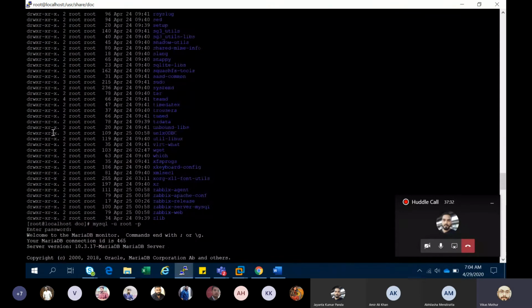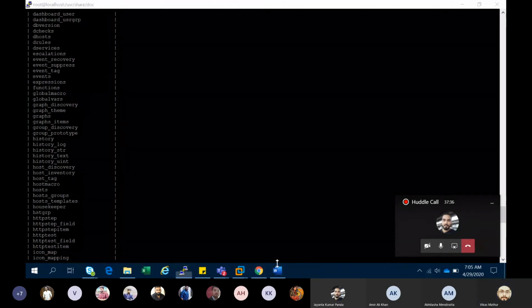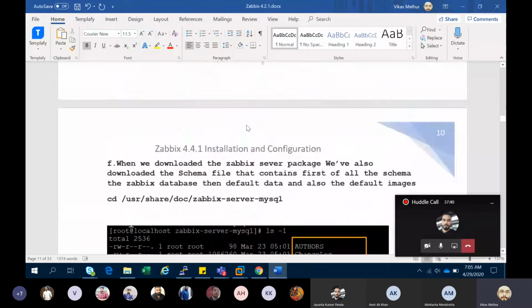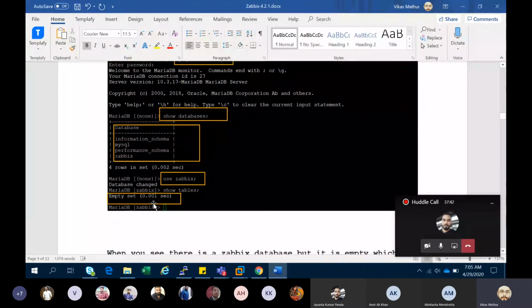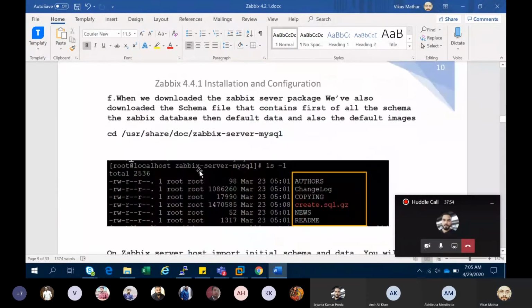Triggers, there are various things you can see over here. When you do a fresh install, you will not see any of this, because all the tables are blank. So after installing, you need to check whether your tables are actually loaded in this database or not.